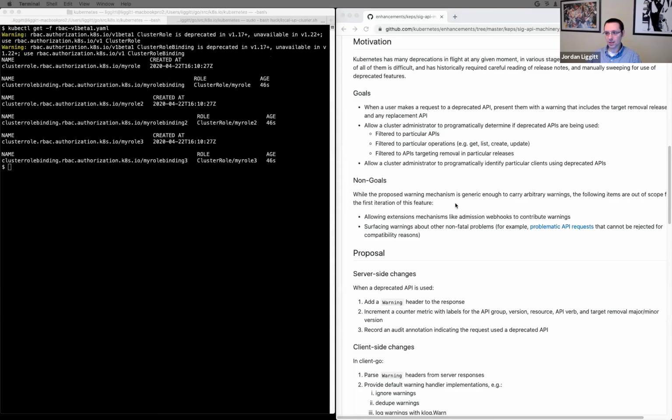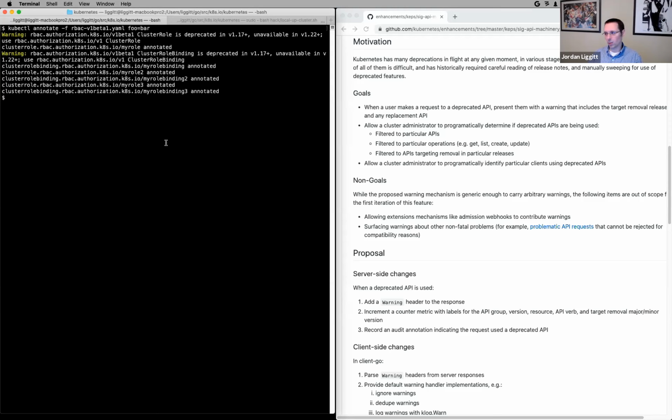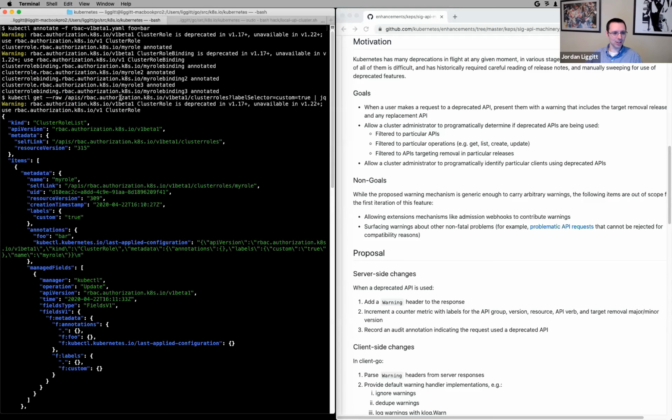So if you run a get command, or if you, let's see, annotate. You're doing annotate, like whatever you're doing, if you're talking to deprecated endpoints and you're getting back warning headers, you're going to get these things output. It even works for raw output. So that's exciting. If I talk to a deprecated API, again, because it's happening at the client level, if the headers come back, we can display them.